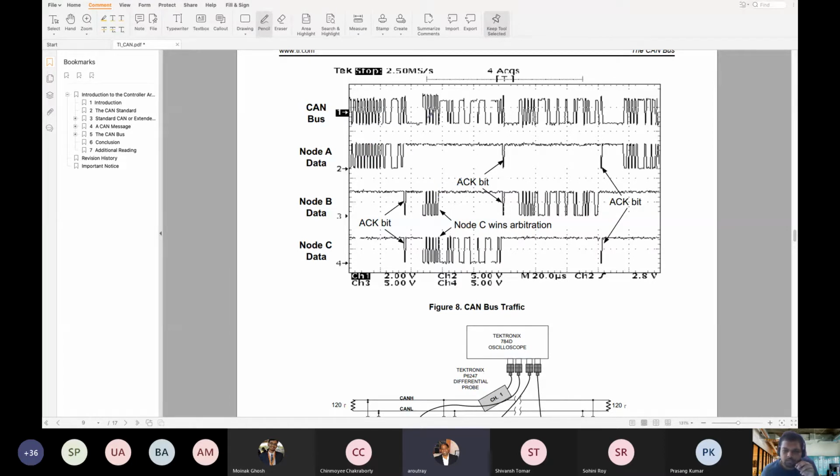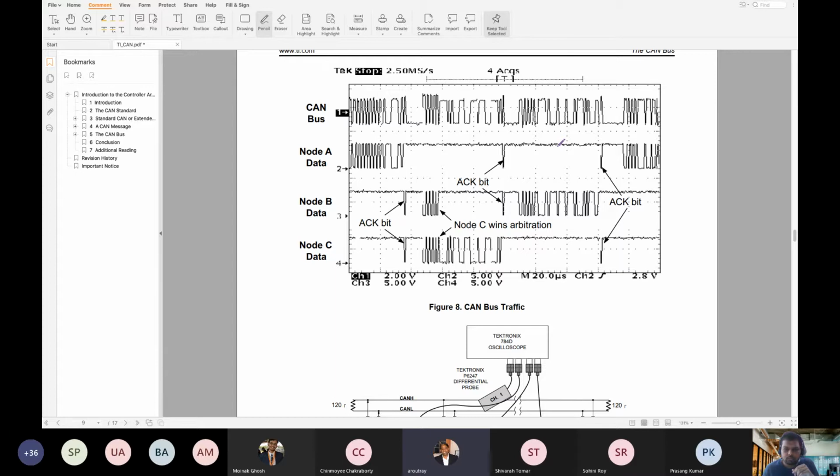Once port A starts, it will wait for that many number of bits. Suppose the CAN has an 11-bit identifier, so the number of bits is known. It will wait until then, and after that it will again sample the CAN bus. Node B is doing it, so node B will be sending, because this has more leading zeros. So like this, it will continue.